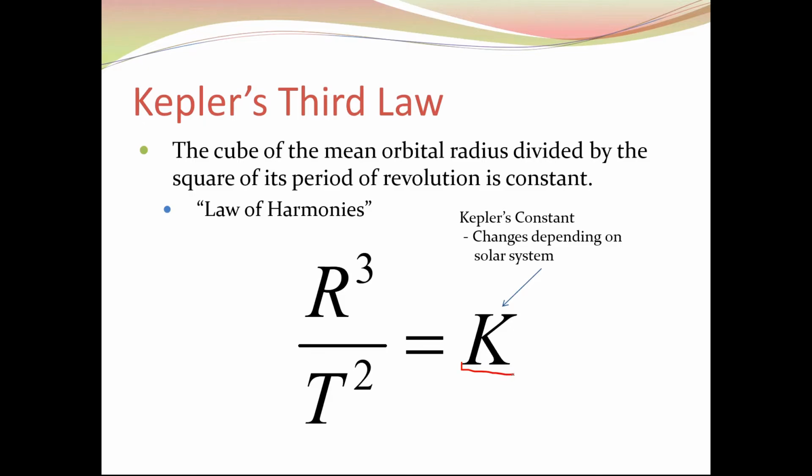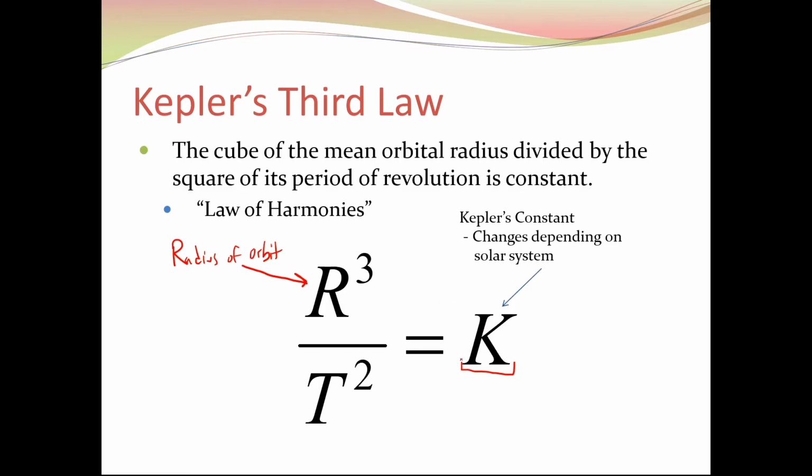And even the Earth and Moon have their own Kepler's constant, because you could consider the Earth and Moon a solar system, with the Earth being the center and the Moon orbiting the Earth. So what this effectively tells us is that if I know the radius, that's my radius of orbit,